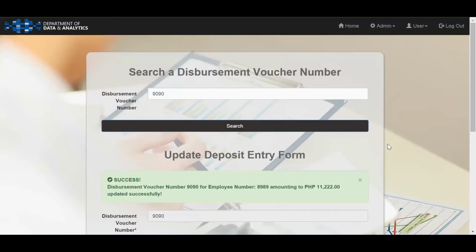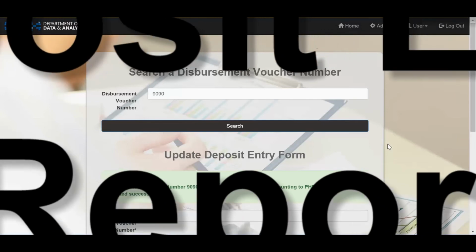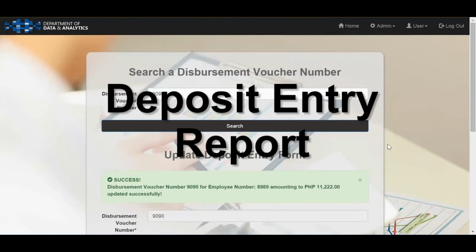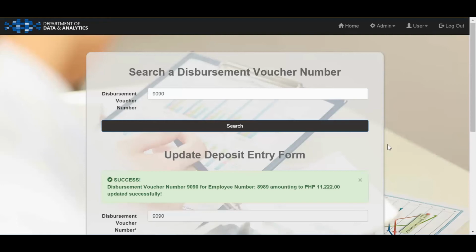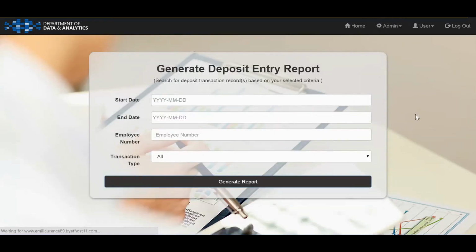So this is an administrative privilege wherein you can view all the possible transactions inside the system. For us to do that, you need to go to the admin drop-down menu and press deposit entry report. Within deposit entry report, you have the following selection criteria like the start date, end date, employee number, transaction type. Again, you don't need to enter the exact employee number. You just need to enter at least a part of the employee number